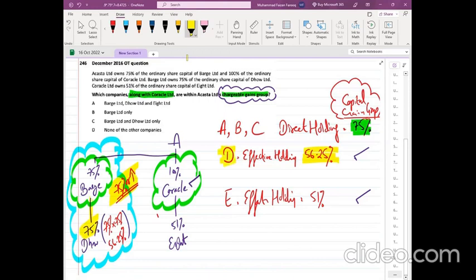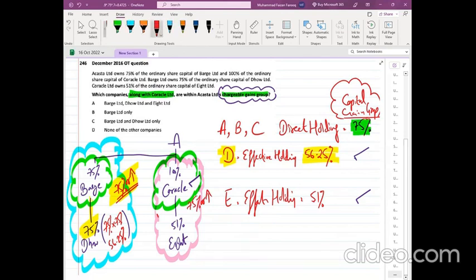तो डी इज फाइन, डी आंसर का पार्ट बनेगा। ई पे आते हैं, अब इन दोनों का रिश्ता चेक करते हैं। किसका? कोरिकल और ई का। रूल क्या है? कैपिटल गेन्स के लिए इफेक्टिव होल्डिंग 50% या 50 से ज्यादा हो, वो तो दिख रही है। लेकिन जो कोरिकल और ई का रिश्ता है 75% और मोर, यानी जिसके थ्रू, जिसकी वसातत से ए को ई मिली, वो थी कोरिकल। क्या कोरिकल का ई में रिश्ता 75% का है कि नहीं है? कोरिकल का ई में रिश्ता 75% का नहीं है, इसलिए ई की इफेक्टिव होल्डिंग 50% से ज्यादा है, फिर भी